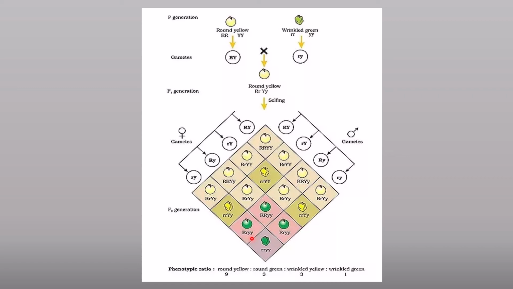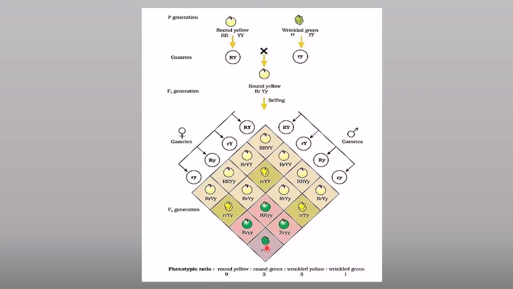Recessive character because of the homozygous condition of the recessive alleles, and then the dominant character was because of the heterozygous dominant allele, where the dominant allele expressed itself and the recessive allele gets suppressed. And the last progeny was the double homozygous recessive progeny, which was like a recessive parent. That is, with the absence of both the dominant alleles, they produce their own character, that is wrinkled green.